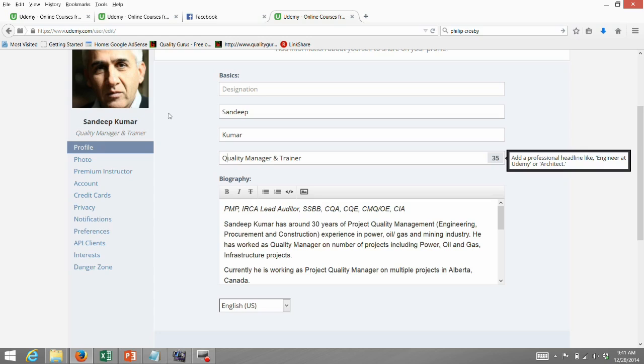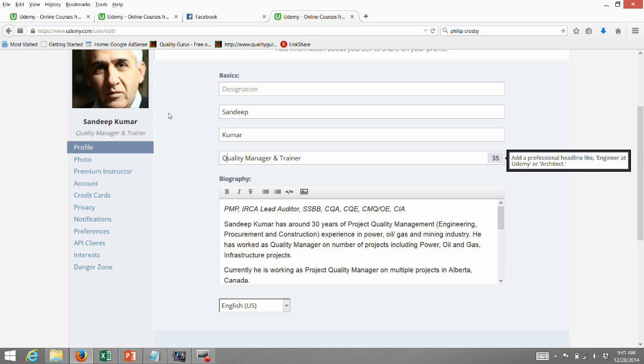The problem is, you can correct this name before printing your certificate, but once you have printed your certificate, changing the name could be difficult. You might need to go through the Udemy help desk to get those corrected, but rather than going through that hassle, I prefer that the name is correct from the beginning itself.